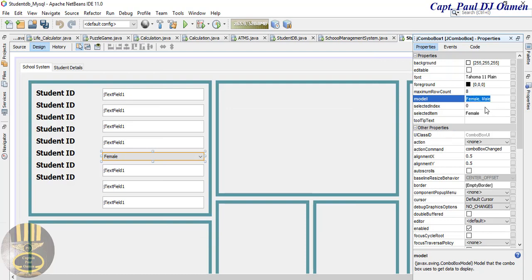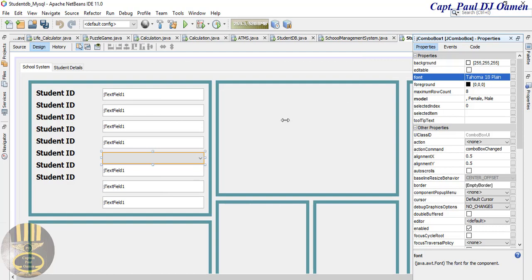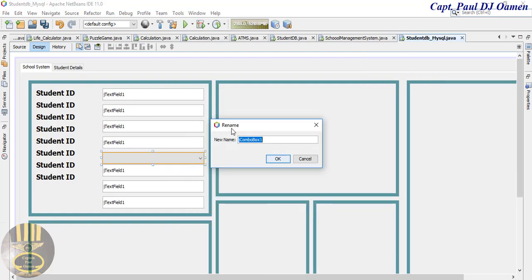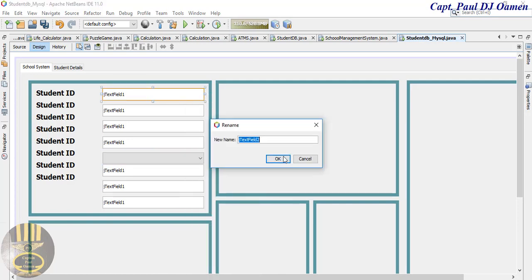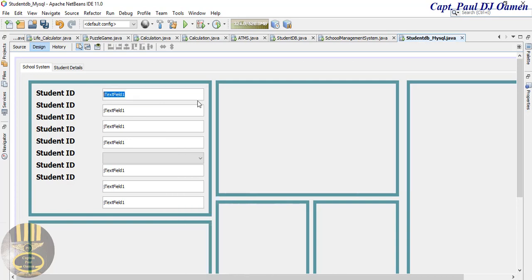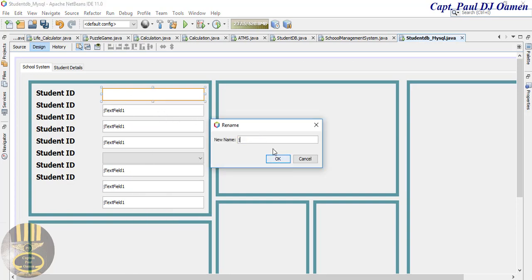There. Let's come in here. I need to add a space in there. I don't want anything to show for space, comma. Now increase the font size of that to about 18 as well. There. And the variable name is going to be changed to JCBO gender. Brilliant. There we go. Get rid of the text content inside that very text box here. Try that again. Delete. Change the name to student ID. JTXT